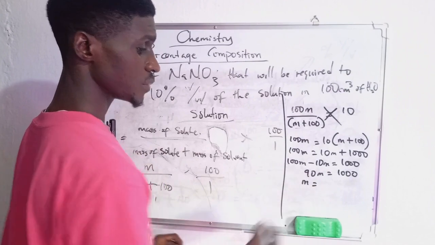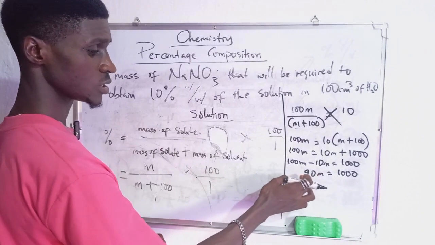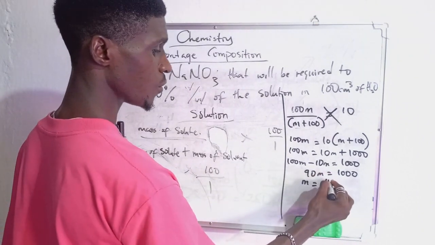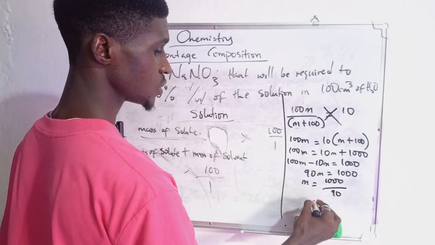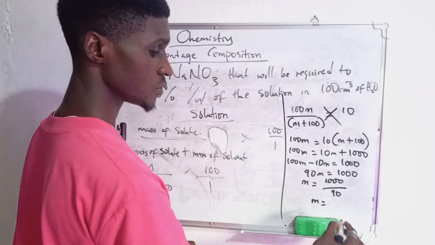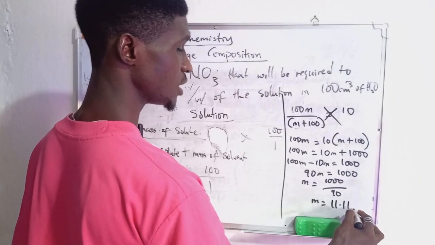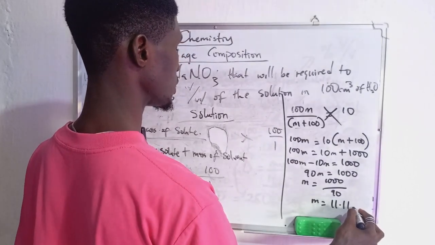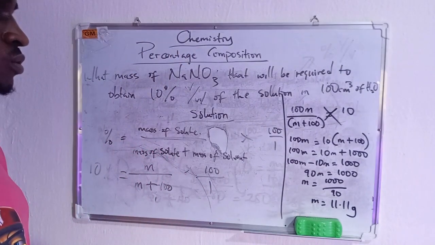When you make m the subject of the formula by dividing both sides by its coefficient, 90, you have 1000 over 90. This will give you an approximate result of 11.11, which is the mass of the sodium nitrate